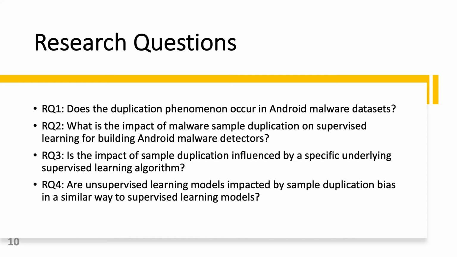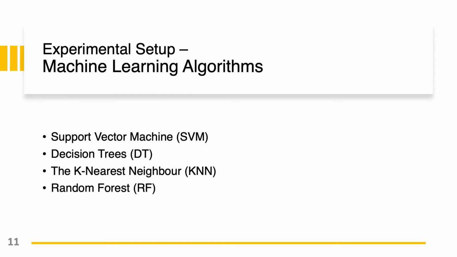We now present the machine learning algorithms that are leveraged in this work to implement Android malware predictors. Using several state-of-the-art malware detection approaches described in the literature, we train binary classification models to predict malicious content of sample apps. Specifically, we have focused on the following 4 algorithms: support vector machine, decision trees, the k-nearest neighbor, and